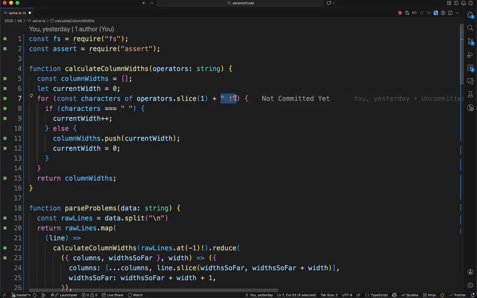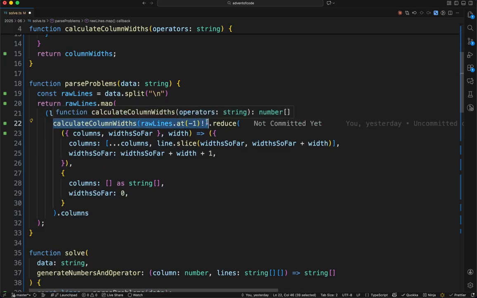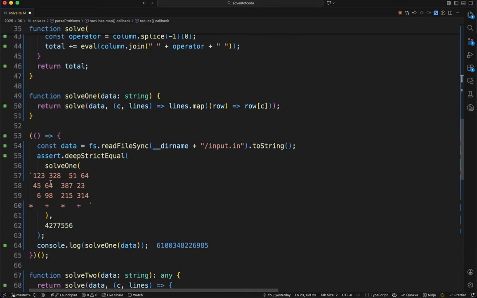We have these extra 2 bits here, so that way the width of the last column is taken into account. We have this slice here because the first one technically starts with an asterisk, and that would throw an extra 0 wide column into the count. So that calculates the width of the columns, and then we go through it to build up the actual values of the columns. We do this by iterating through each of them, keeping track of the columns we've built and the width so far. That's important because as we go through it, we will need to get